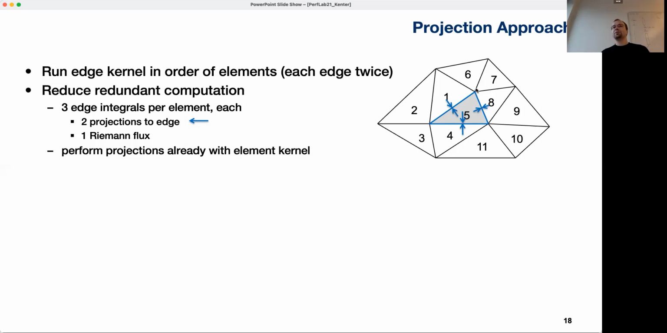So then for each element, we will process 3 edges per cycle with some redundant computation, but now tying the order to the order of elements. And if we look at the operations performed here, roughly this looks like first for each edge, we need to perform 2 projections of the unknowns to the edge and then calculate the Riemann flux. And the idea was, okay, since we run everything in the order of elements anyway, why not do the projections along with the elements, and so only do it once for each